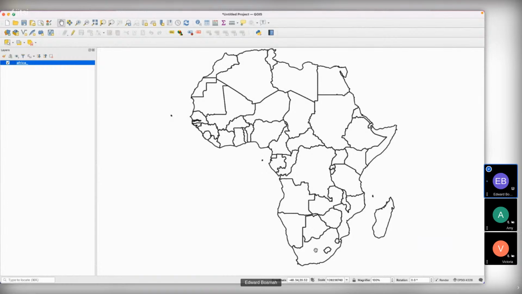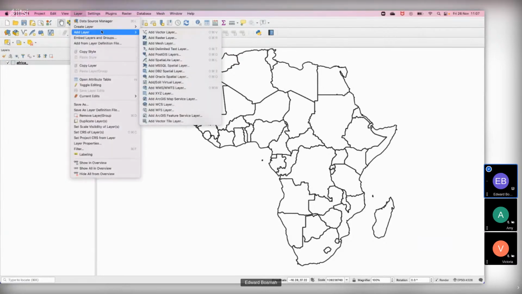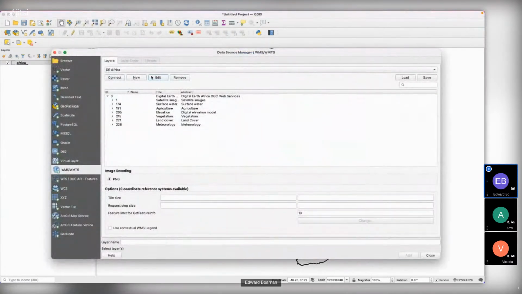So right now that we have our data sets ready, the next step is how to pull the Digital Earth Africa products onto the platform. So I'll still go to the layer section, then I'll go to add layer. Within add layer, the one that we're going to deal with will be the WMS and the WMTS layer. Okay, so I've already preloaded them here,